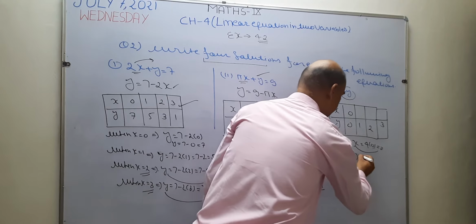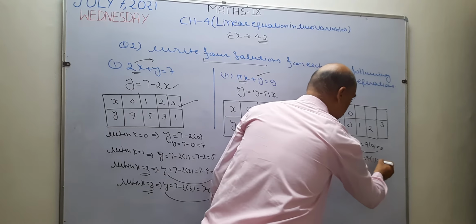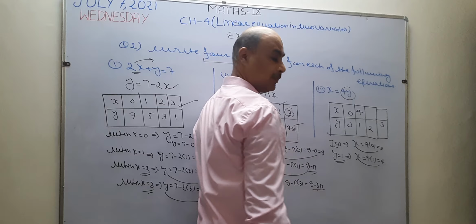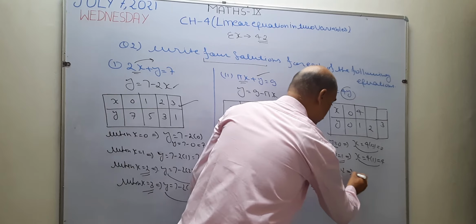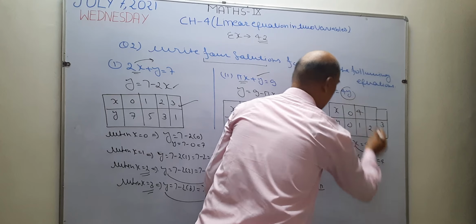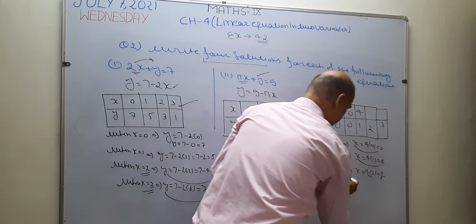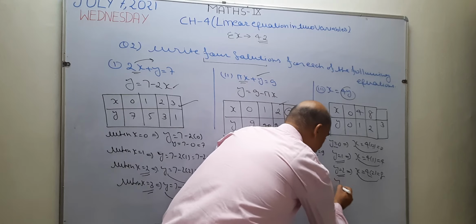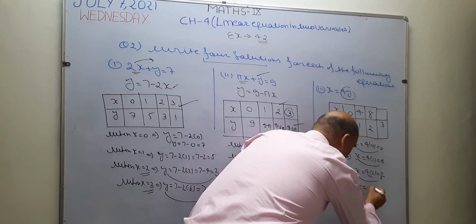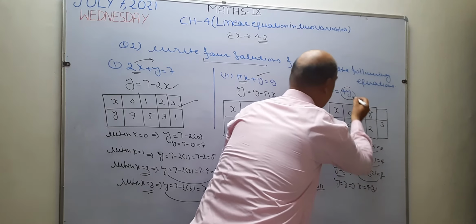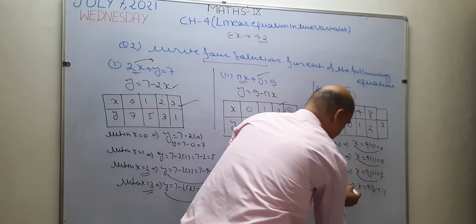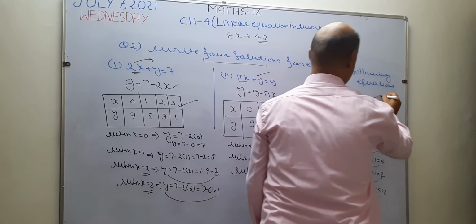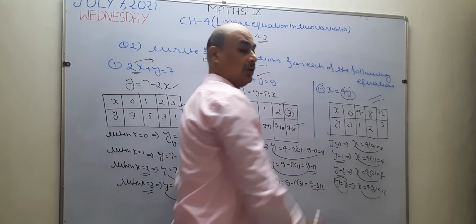Okay. Now I take y equal to 1. This implies x is equal to 4 into 1. 4 into 1 is 4. It means when y equals 1, the value of x becomes 4. Write 4 here. Next time, take y equal to 2. When y is 2, write 2 instead of y, 2 fours are 8. It means when y equals 2, the value of x becomes 8. Write 8 here. Next time, take y equal to 3. This implies when y becomes 3, instead of y I write 3. 3 fours are 12. It means when y is 3, then x becomes 12. So write here 12. These are the required 4 solutions of the given 3 equations.